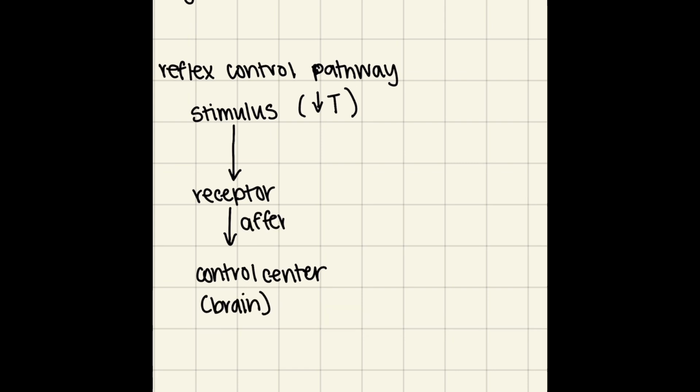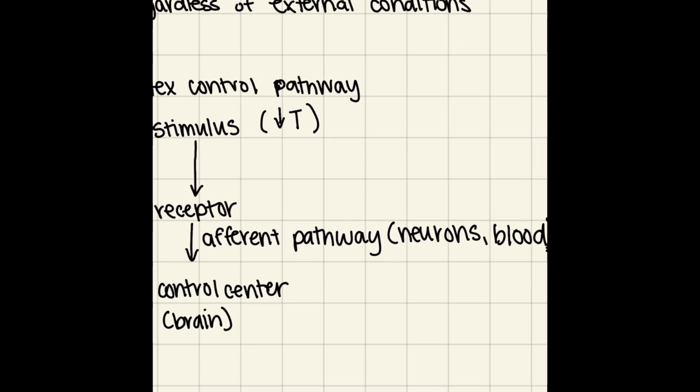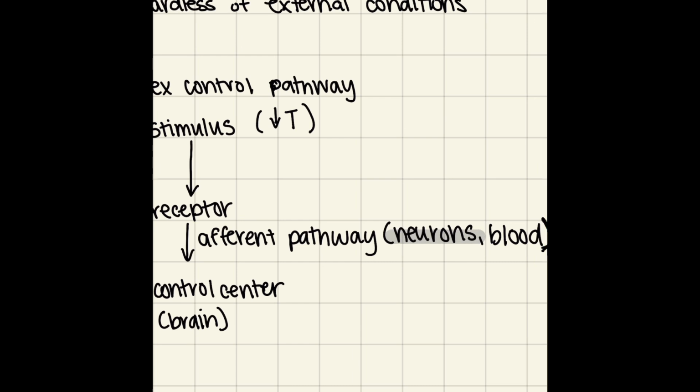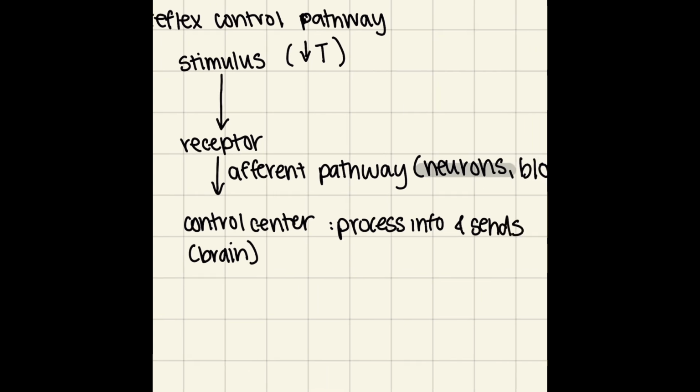through an afferent pathway. Now, the afferent pathway in a reflex control pathway could be neurons or it could be through the blood. In this particular pathway, it is a neuron. Then the control center is going to decide what to do. It processes the information, and then it sends a signal. It sends out the decision,